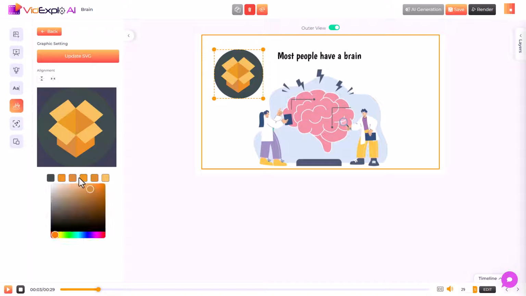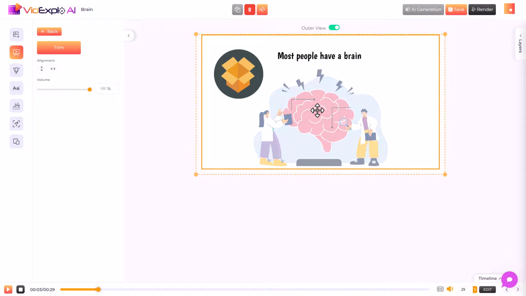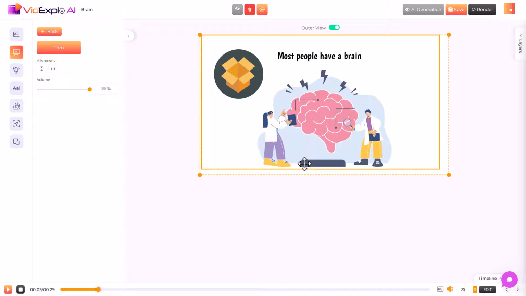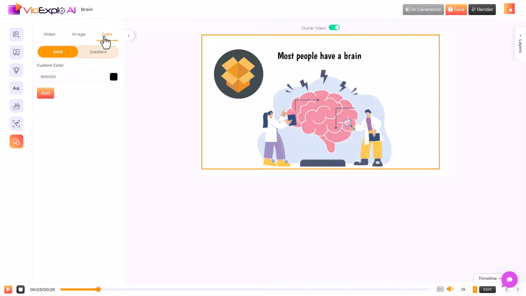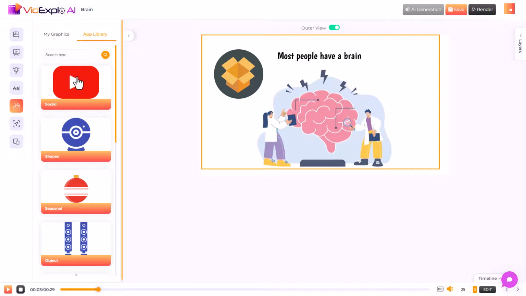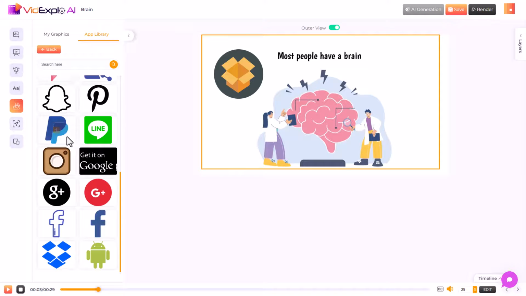I can go and change the colors if I want to. It's a bit tricky as to what is being changed here, what relates to what, but I can go change the colors. I can click update the SVG. I'm not going to because that looks terrible. But this little picture here, it comes with the slide. So all the really good explainer stuff that you get, you can't find them in graphics. You can't even find them in backgrounds. So in backgrounds, you can add a gradient or a solid color. That's it. In graphics, we've got this app library, but like I say, all the really good ones, they come with the template, but you can't access them otherwise.